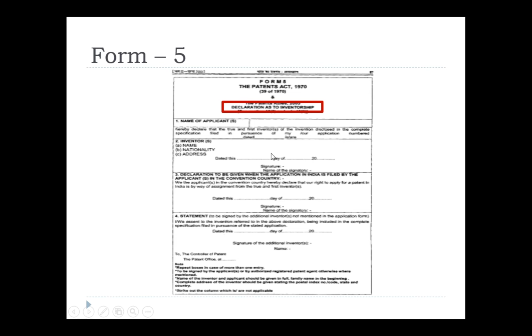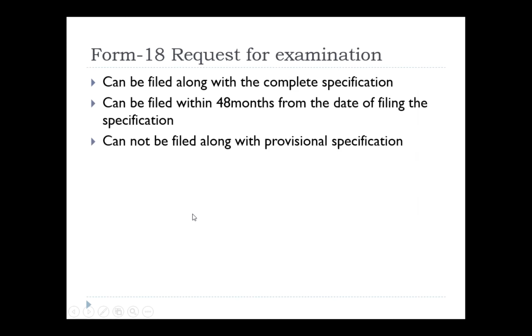It is a mandatory thing you need to know clearly, right? Name of the applicant should be clearly identifying the inventors for his or her own invention. Filing and giving the signatures, and you need to submit.